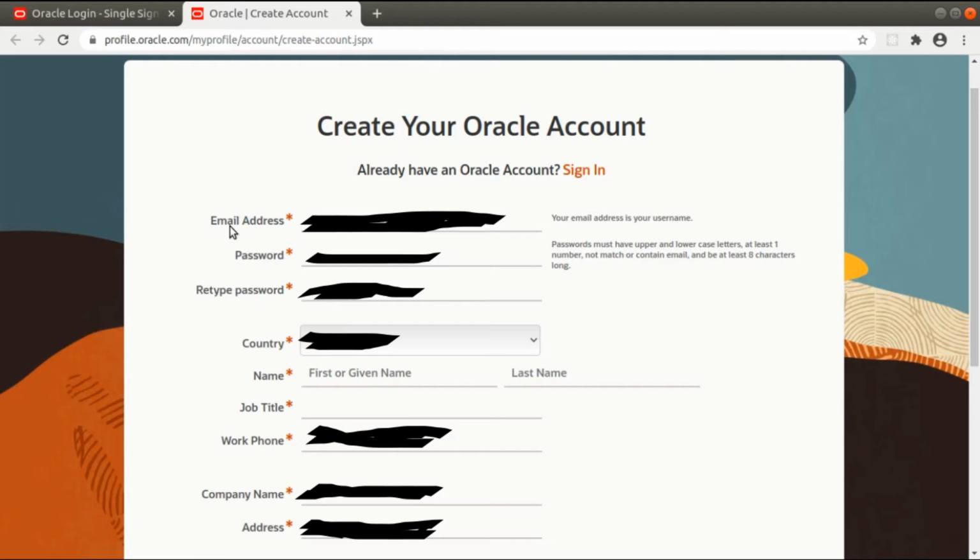Okay, type in your email in the email field and type your password. Make sure you remember your password so that you can log in anytime. Whenever you have to download Java again next time, you will be needing your credentials. So let's select country,